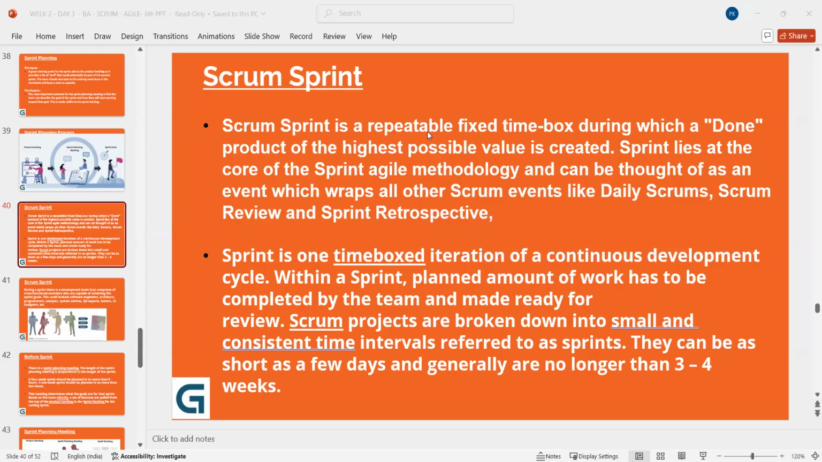And don't worry, guys, we will learn all these ceremonies in detail. It's just a force of habit that whenever I go through any new terminology, I feel like giving at least some basic explanation so everybody understands what we are getting into. And last but not the least, sprint retrospective. Now, in this event,